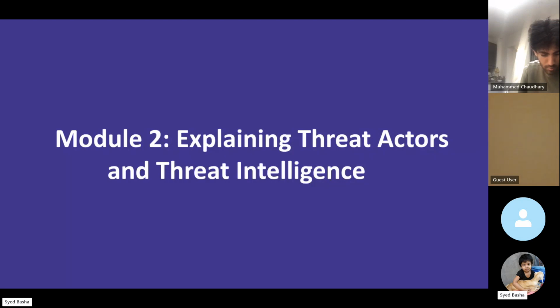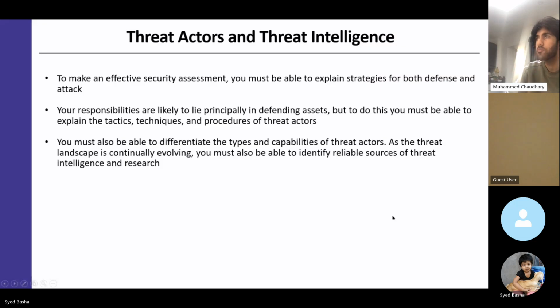It's about threat actors and threat intelligence. What's the threat? Is there anyone who can say? Give me a definition. What is a threat? Like something that could be damaging or harmful? Yeah, exactly, absolutely. That's a threat. Something that can be harmful for us, for our assets or any assets or to the data, can be defined as a threat.